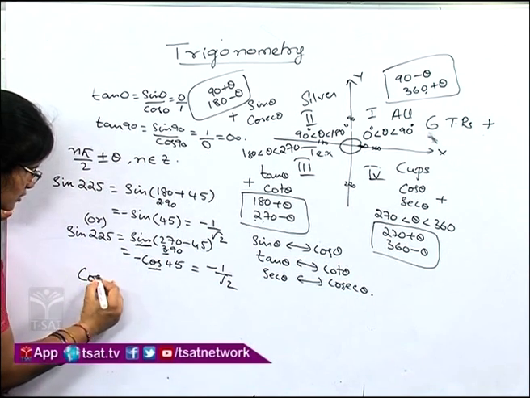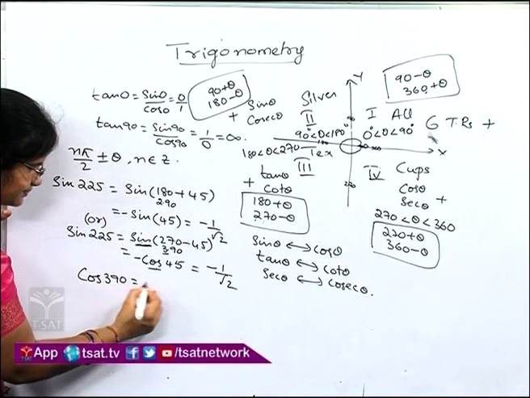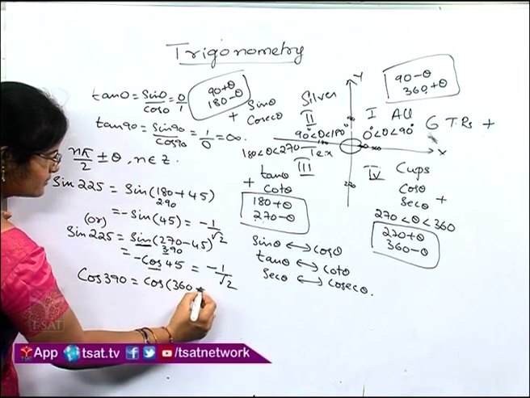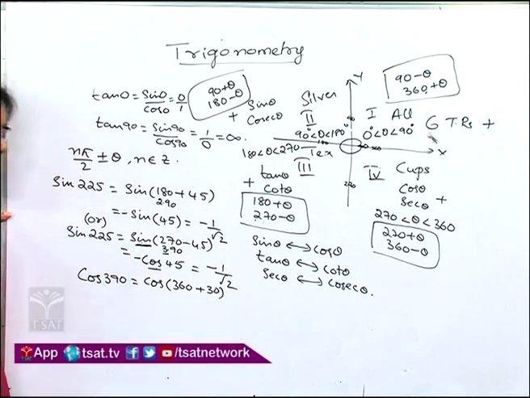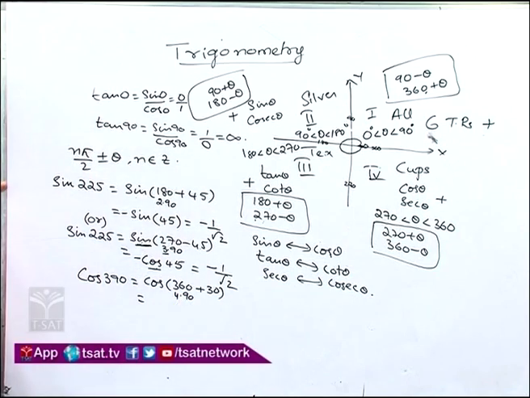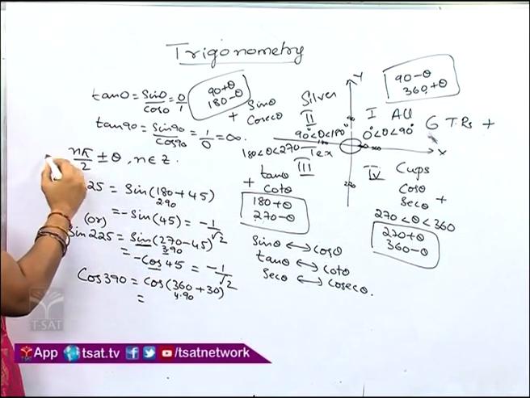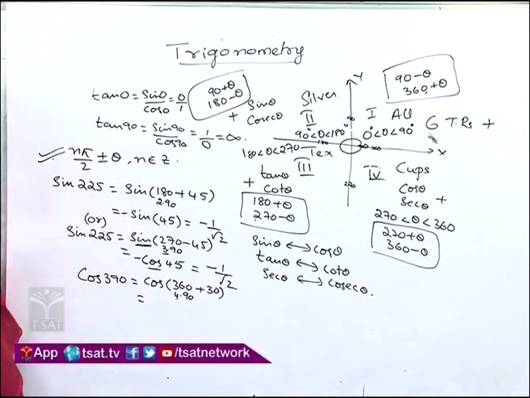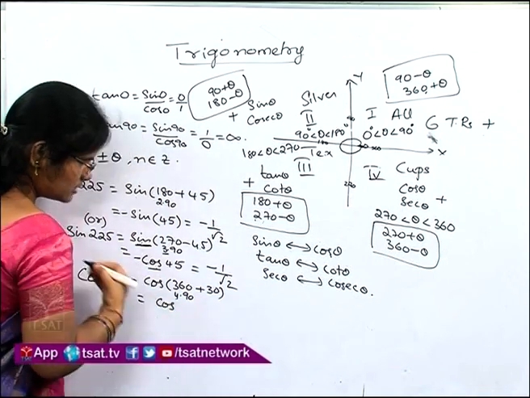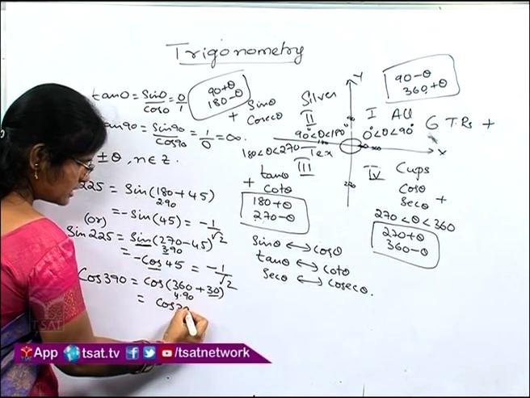One more value I will solve for you, cos 390. Cos 390 can be written as 360 plus 30, which is nothing but 390. Now 360 we can write as 4 into 90, 4 nines are 36, we know. Now 4 is an even multiple. Now will cos change or will it remain the same? It will remain the same because it is an even number. For even multiples we should not change, only for odd multiples we should change. Okay children. Now cos will remain cos only, and the remaining angle is how much? 30 degrees.